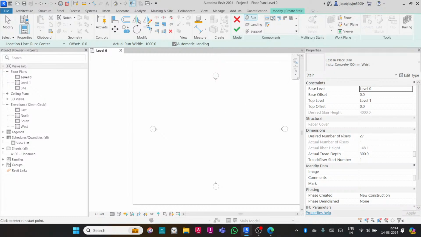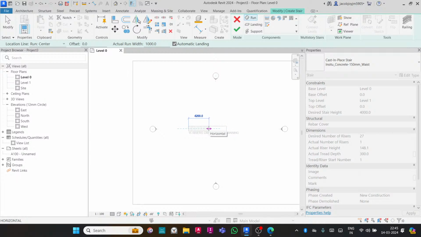So I have selected the straight stair. Then I'm also checking the options bar, and I'm also checking the instance property of the stair, and I don't know what to do next. Okay, in case you don't know what to do next, just check the status bar. Click to enter run start point. Just click. Then you see stair is too short, and you can see it is showing horizontal. Now it is showing vertical. Now you have to put another point